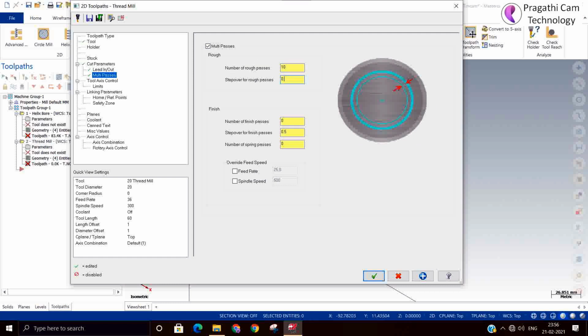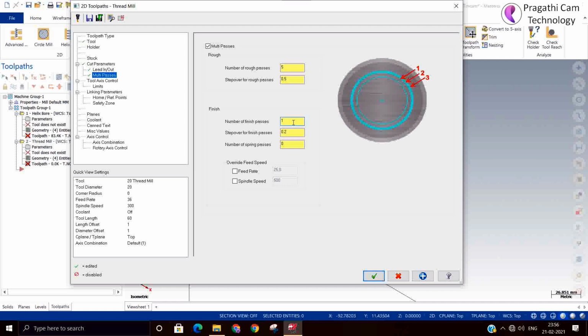So pass step over you can give, finish pass 1, 0.2. So just a little reduced.